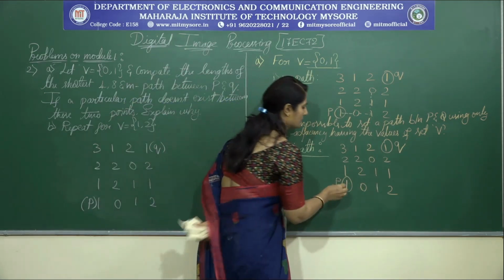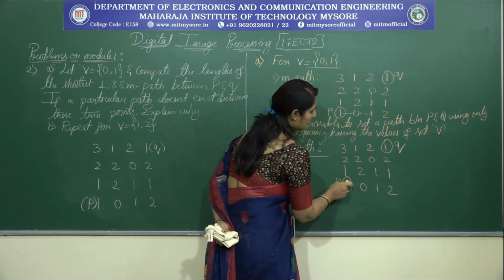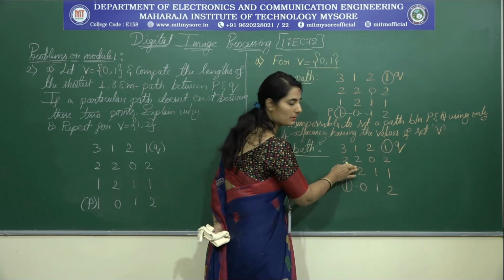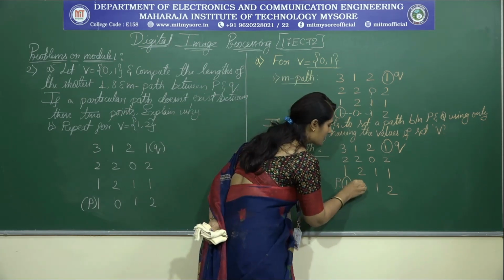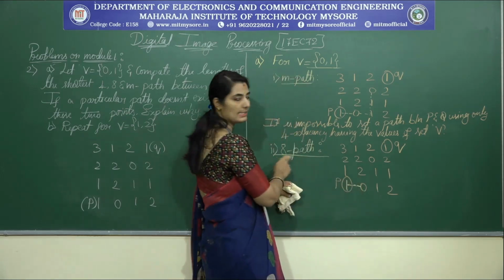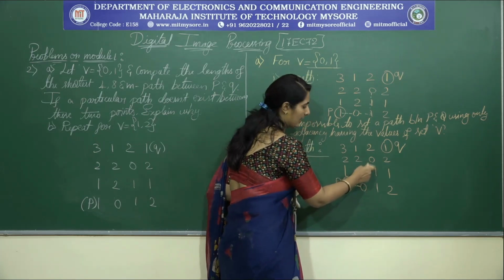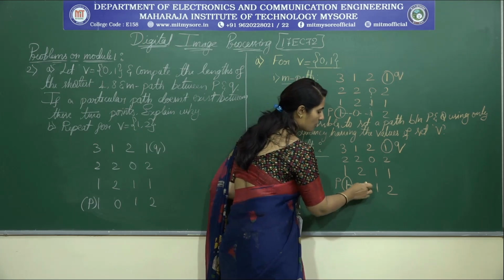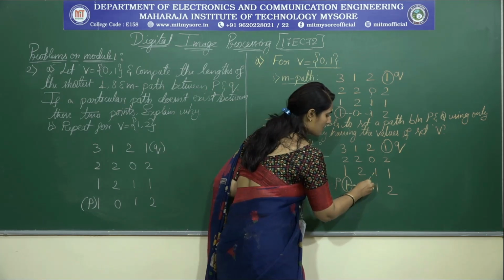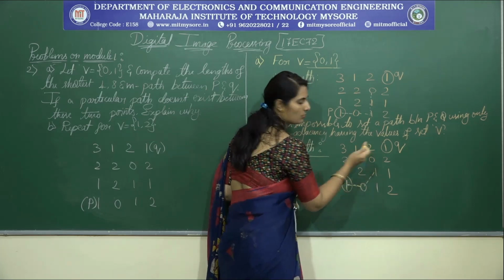So now 8 path. So here I can have a path either in this direction or this direction, but if I go in this direction, again I cannot continue the path. Therefore I will choose this path. Since it is 8 path, I can set a path either in the diagonal direction or the 4 path direction. So in 8 path the preference is with this. When I have got the shortest path between these two, why should I go this way?